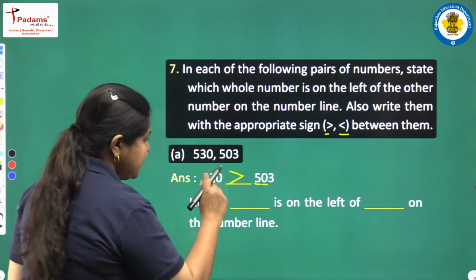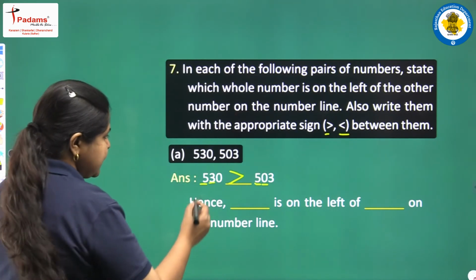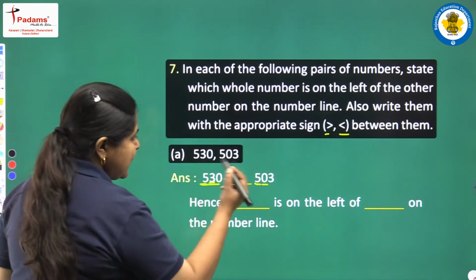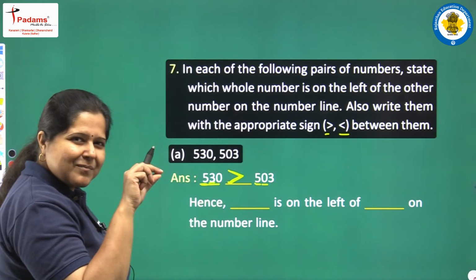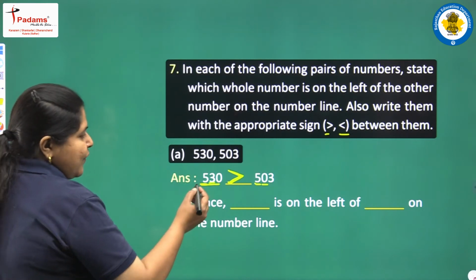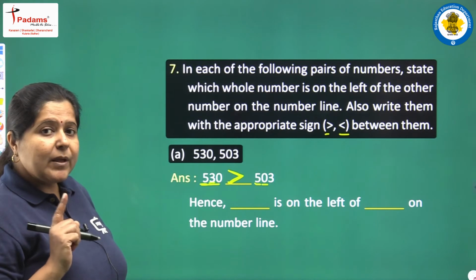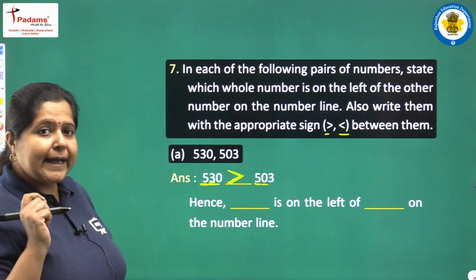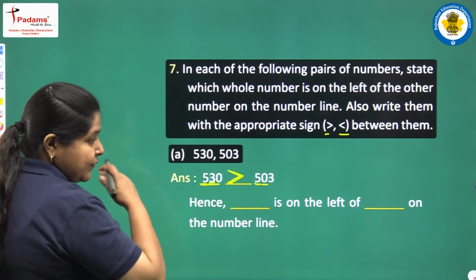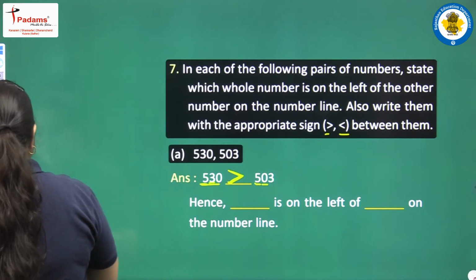And this open mouth, bigger mouth opens towards the bigger number. Okay, this is the bigger number, and so the mouth is bigger towards its side, and towards the smaller number the mouth is small. It is just a trick to remember it. Okay. So, 530 is greater than 503. Now, coming back to the number line, just recall that in a number line we used to have the numbers from left to right in the increasing order. Just recall, let us draw one number line.